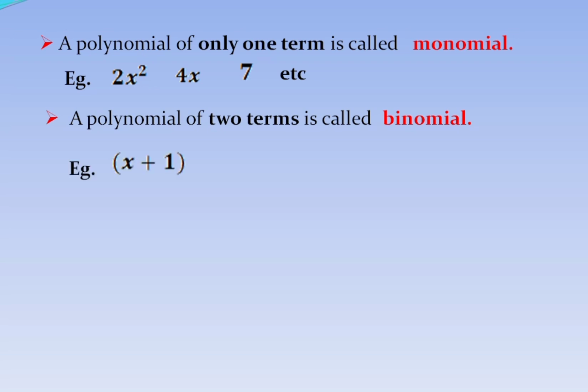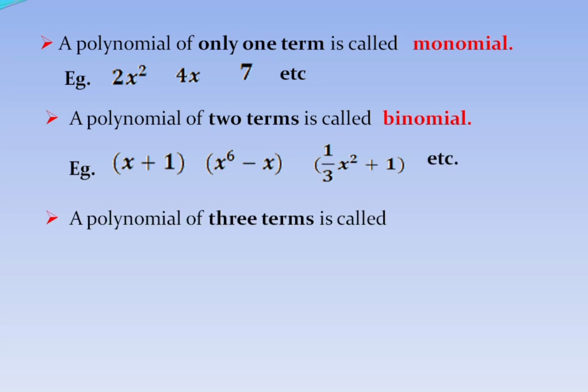Yes, so you see that we have x plus 1, and you can see that it's only 2 terms. So we have x, which is 1 term, we have 1, which is also 1 term, and that makes it 2 terms. In that case, it is called a binomial. You can also talk of x exponent 6 minus x, and that is also a binomial. And also we have this example as well, which is also a binomial. Okay, let's look at